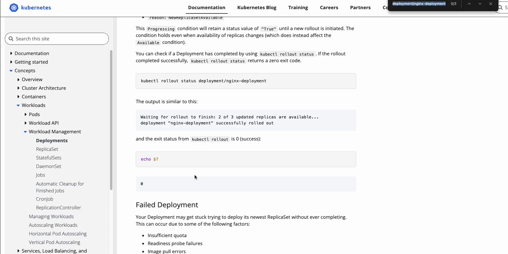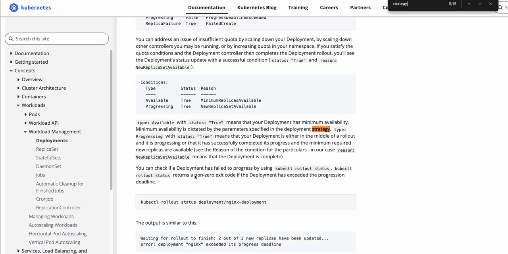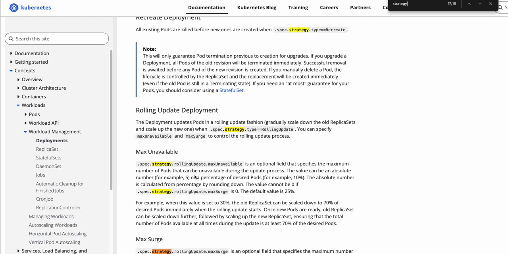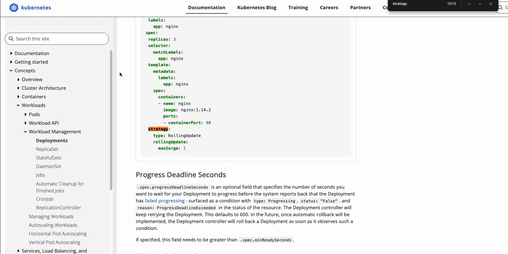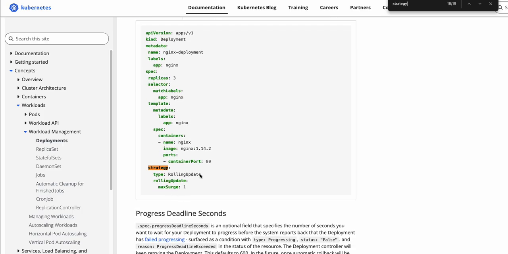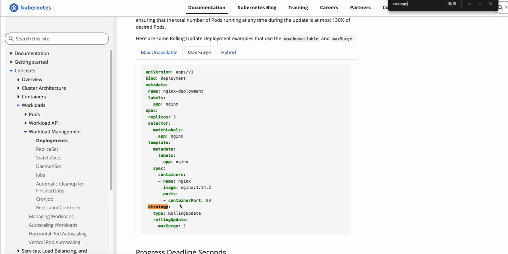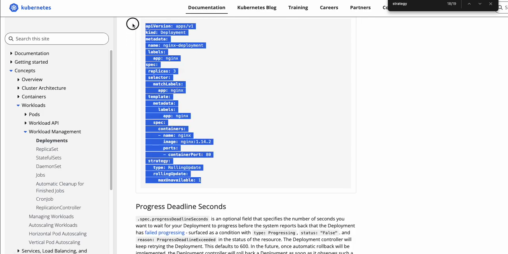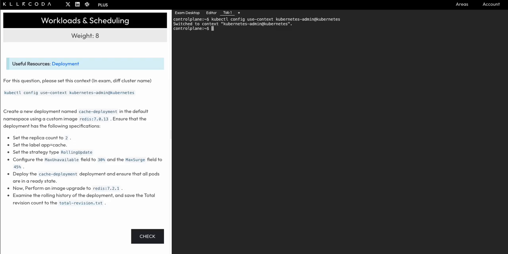and you can just search for strategy. So yeah, there is a strategy type, and we have got max surge and max unavailable. You can look at the options here. So I'm just going to copy this one and use this one because this will fit what is asked in the question. So I'm going to create